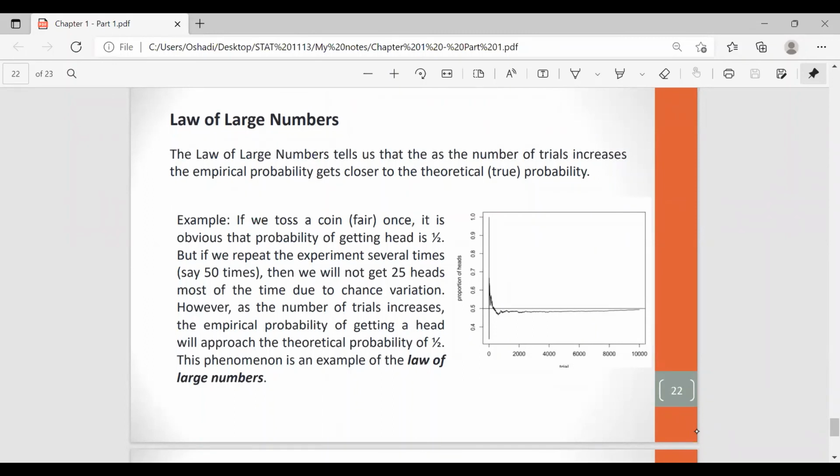The probability that we toss that coin once, right? But if we increase the number of trials, we can't exactly say that half of the outcomes are heads and half are tails, right? For an example, if we do the experiment 50 times, we are not getting exactly 25 heads and exactly 25